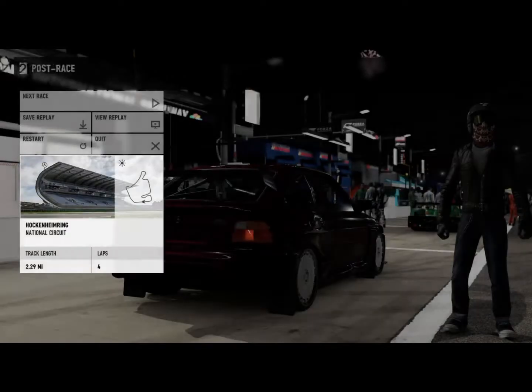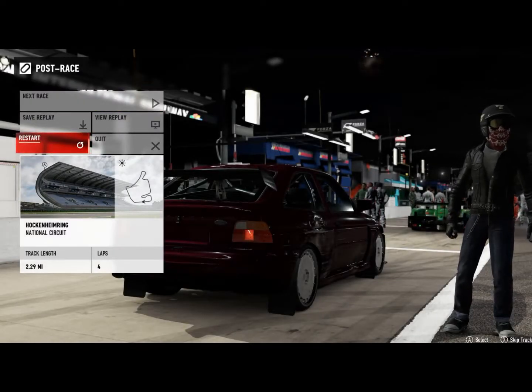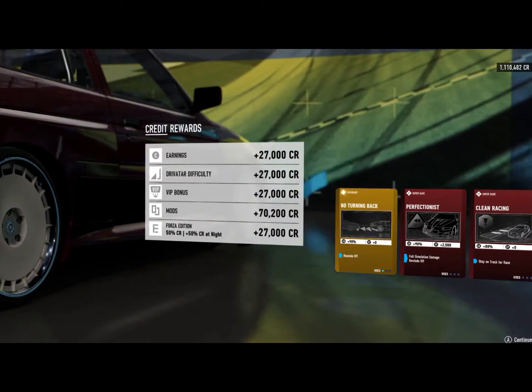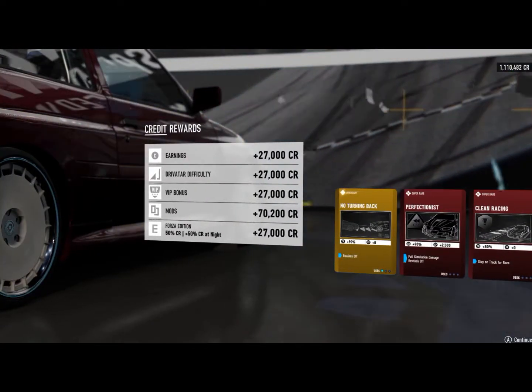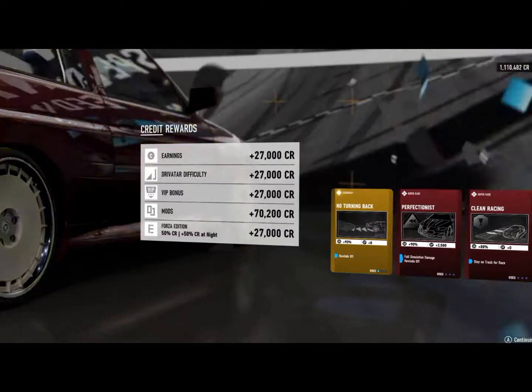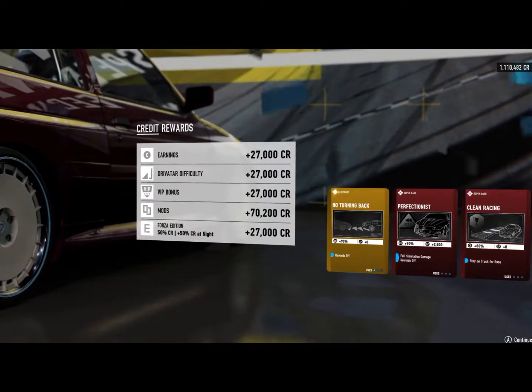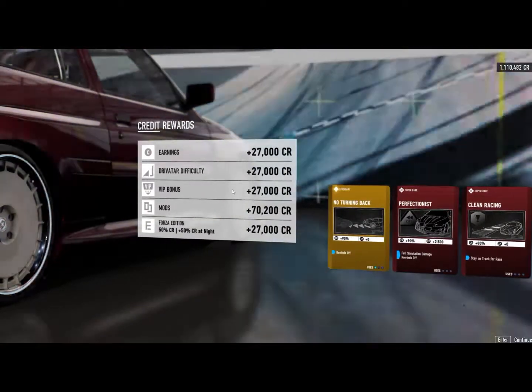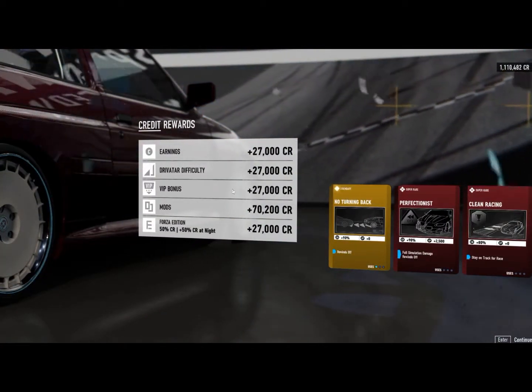Let's go ahead though and see what we get per mile. Let's go ahead and do this math real quick. 27,000 even, that's nice and neat. Driver card difficulty is the same because that is at 100%. Ignoring the VIP bonus because that is irrelevant. For mods we have